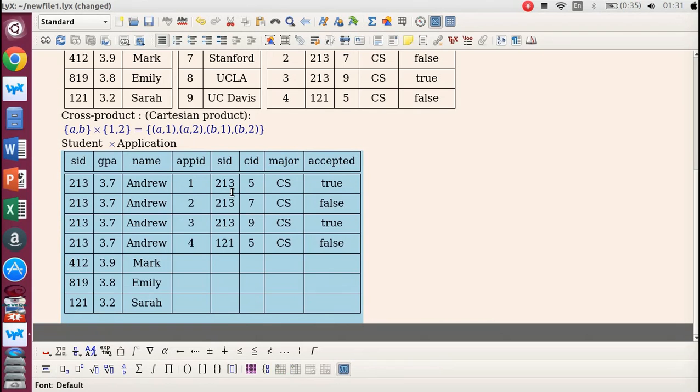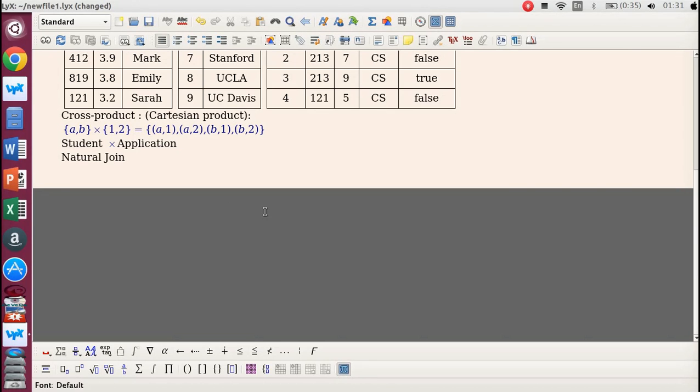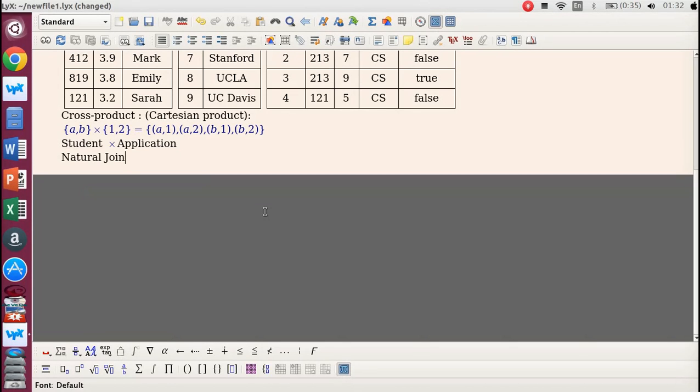But before we do that, we want to introduce something called a natural join, and later we're going to talk about theta join. If you had experience with any database systems or frameworks, the join is usually a theta join, not natural join, but we're jumping ahead. So natural join, what is natural join? A natural join, which is expressed by the little bow tie operator, is just a